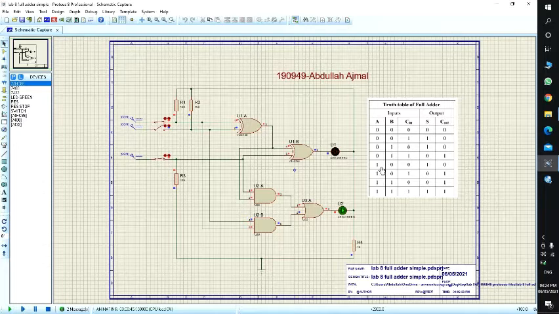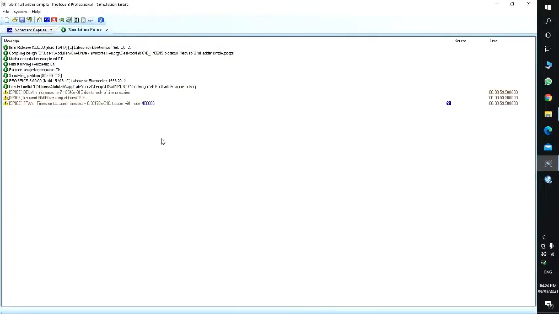Now let us move towards A1 and the other 2 bits 0. For A1 and the other 2 bits 0, S is on. Now let's move toward 1 0 1, where only B is 0 but all others are 1. So now our S is on. C out, which is carry out, is also on. Now let's make A1 and B1 with C0.